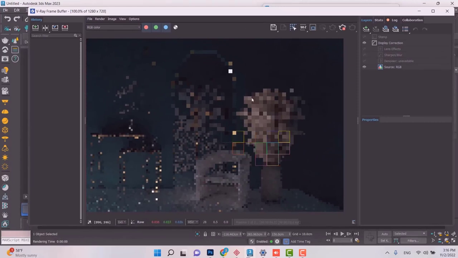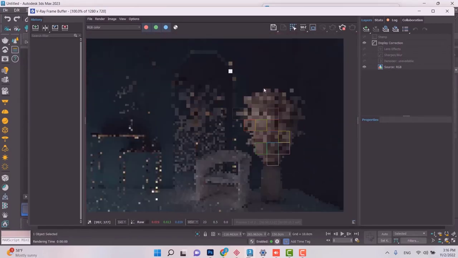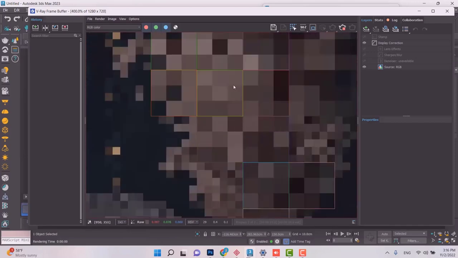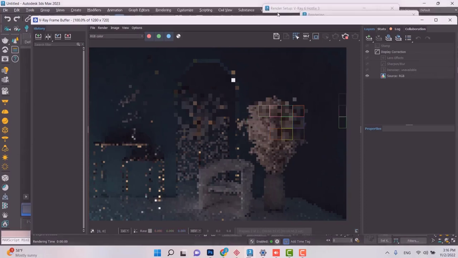You can see that it's taking its time when it's dealing with this area, because this area is a very complicated one. It's a plant with a lot of leaves. It's a complex object, and that's why it's taking a long time trying to collect some data from this area and process it before we can see parts of this plant here.